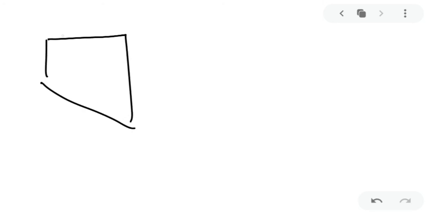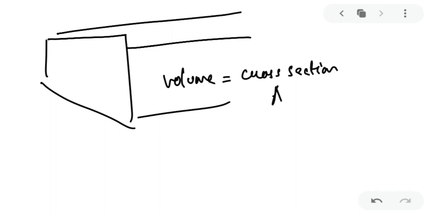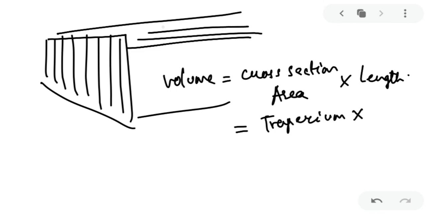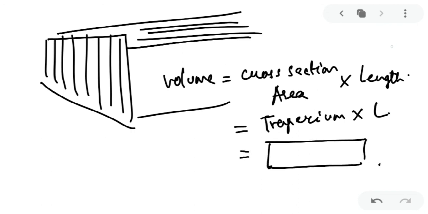My dear kids, sometimes you have structures like this, like a swimming pool and others. In that case, if I ask you the volume, you have to go for cross-section area into the length behind. My dear kids, according to the cross-section, here it is a trapezium, so the cross-section area means the area of the trapezium, and the length behind will be given to you. So you have to multiply to get the volume of this structure.